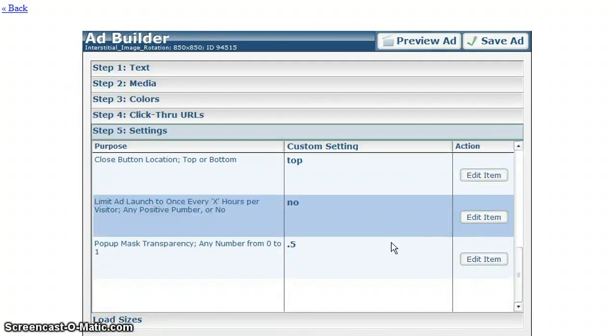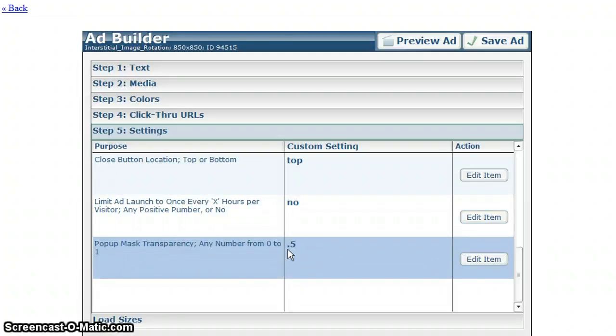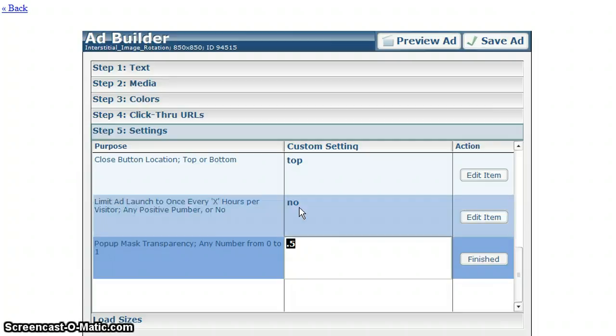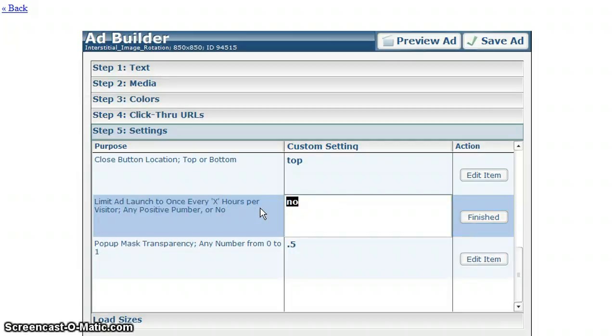And then finally settings, we'll go over here from bottom to top. We just went over the pop-up transparency max. You can set that from 0.1 all the way up to 1, up to you. Do you want to drop a cookie and have this limit the launch of the ad to once every, for instance, 24 hours? What this does is it'll drop the cookie, and someone, let's say you had this running on